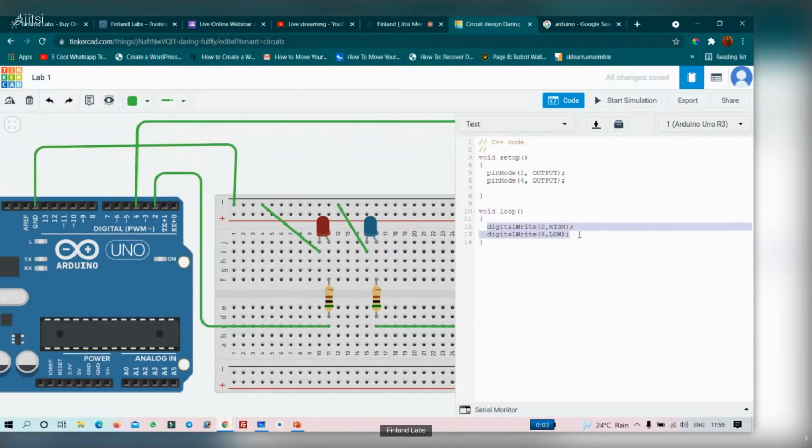But as I told you, we have to make them alternately on. So that means we have to make this also on. What I'll do, I'll write below this line: here I will make it low and here I will make it high. Now as this is part of the loop, this will be done first, then this. But the speed will be so high that you cannot see this blinking. See, if I run this code,